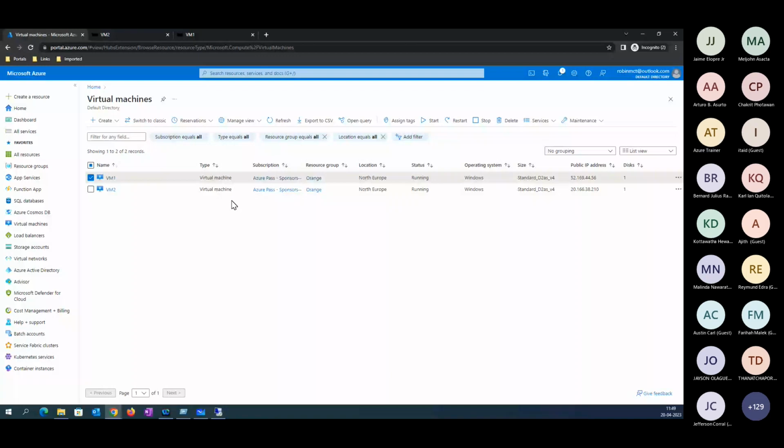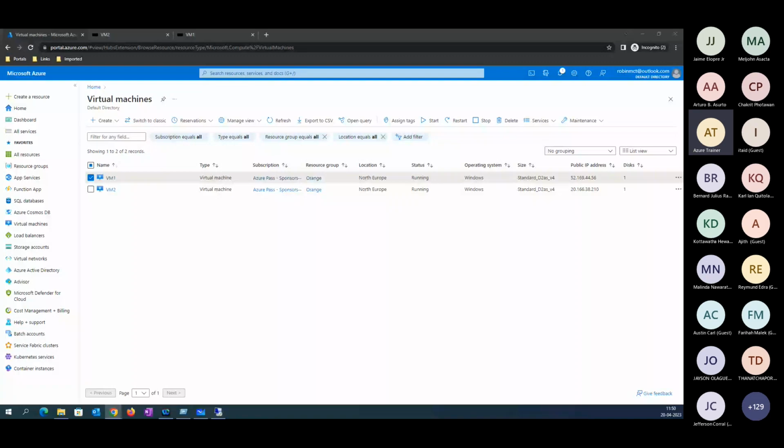Let's wait for this to restart. Right now I have rebooted the primary.